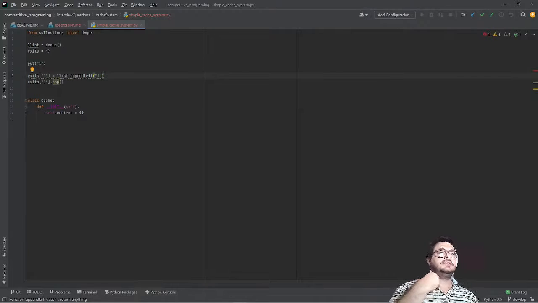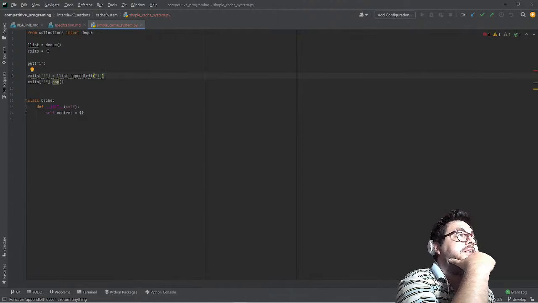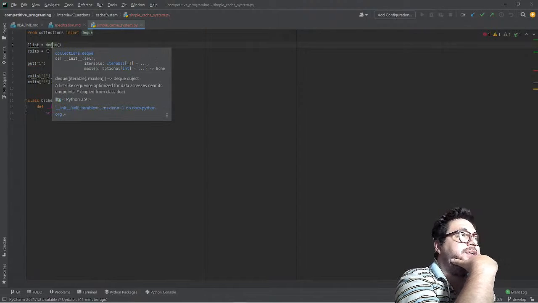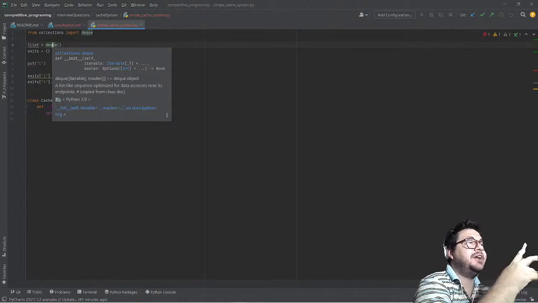Okay. So my experience tells me that I need to go here in this deque and strip it out and understand how it works.